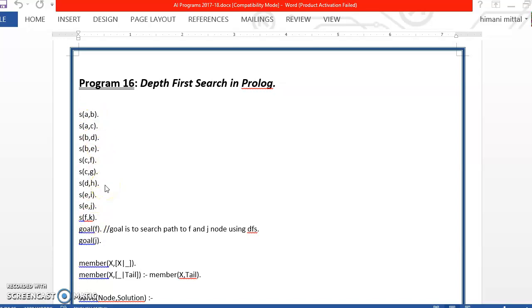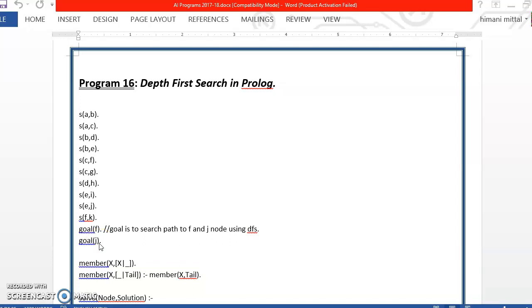You can draw this on a piece of paper for better understanding so that you clearly understand how the graph looks. Now there are vertices from A till K. And out of all these vertices, the F vertex and the J vertex are given special status, that they are the goal nodes.